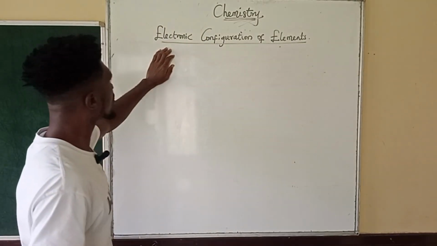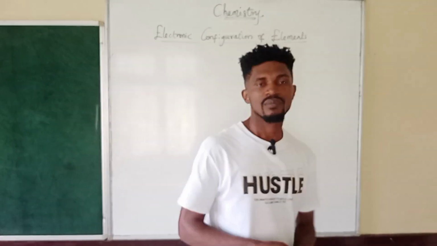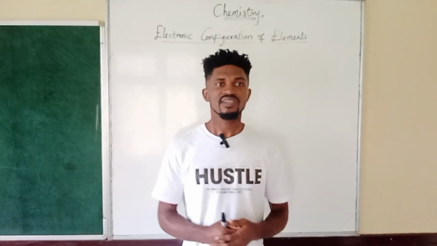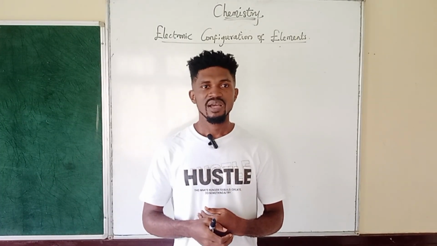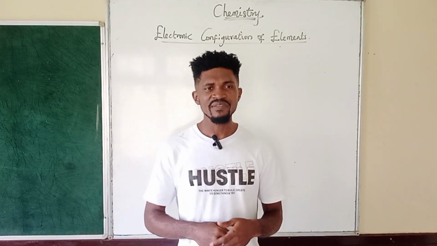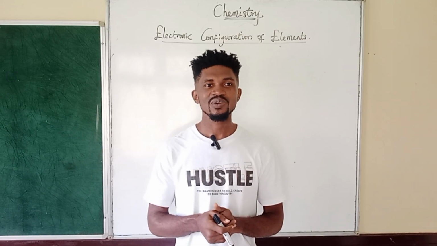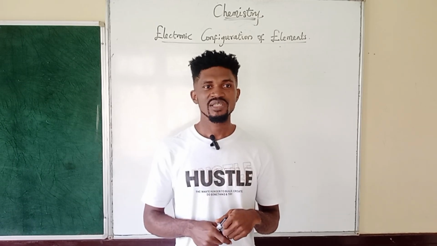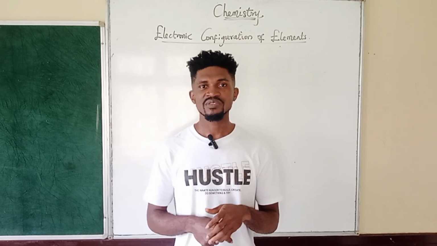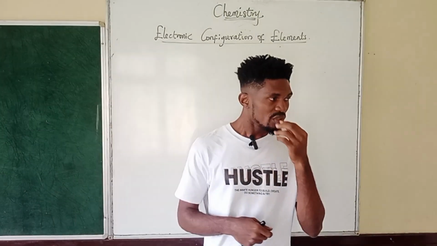Today we are going to be creating electronic configuration of elements. In our previous lesson, we discussed the first 20 elements and we gave the symbols of the elements and also the nickname where I use the sum to represent the first 20 elements. If you have not watched it, go back to my previous video and watch it, because it's very important that you watch that video and then you come back to this video. Okay, so now